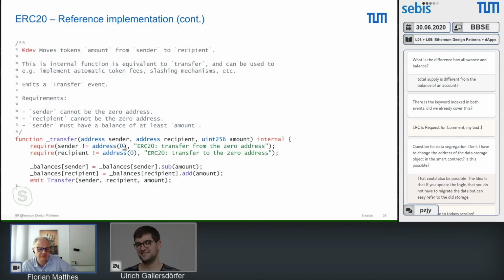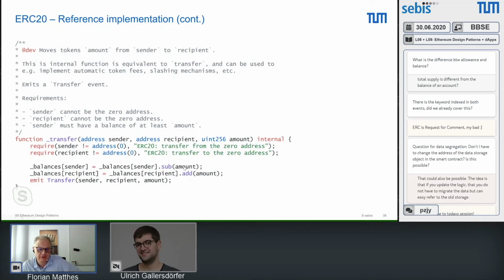And if there's an exception, this is the error message you will find in the log: that the transfer is not allowed from a 0 address, and the transfer is not allowed to a 0 address. You are not allowed to delete tokens by simply sending them to address 0. So once both are existing valid addresses, we can now do the atomic update,